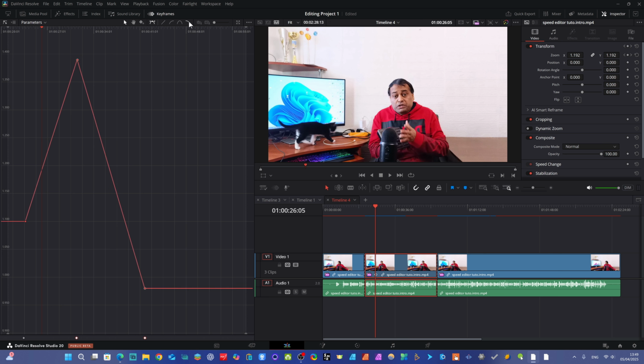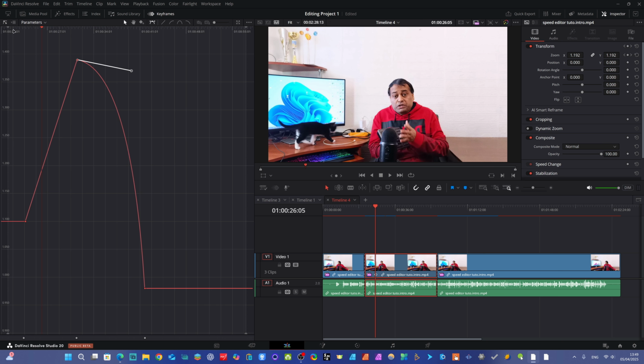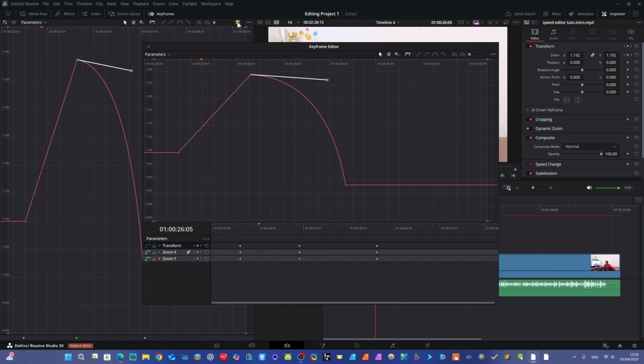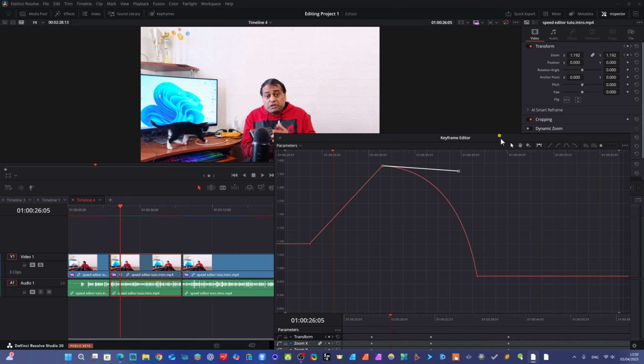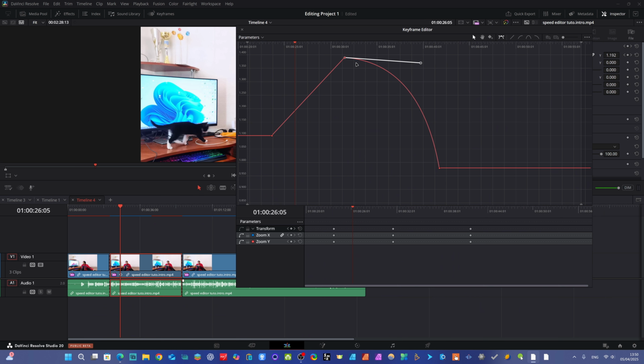If you want to add this, you can add it like this, one side handle. You can use it like this, so you can control this handle. So it's a good feature. It's really a big game-changing feature now available in the DaVinci Resolve 20 update. And when you come here, you can see parameters. All parameters are here. This is a curve. You can see all parameters. And when you click here, you see it will be a separate window for this keyframing. Actually, we now have the separate window here, and we can control all the keyframings from here.